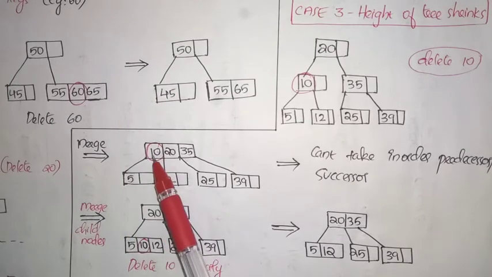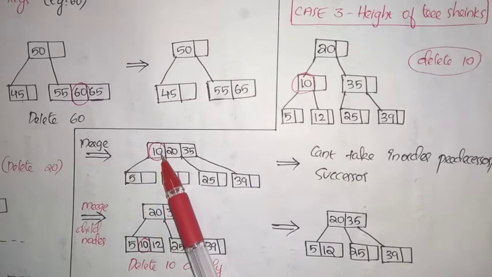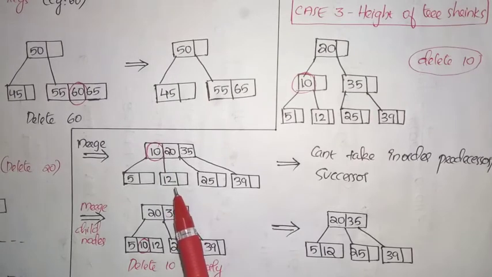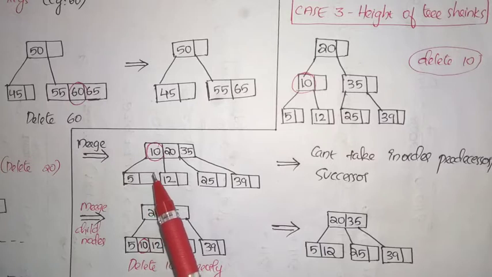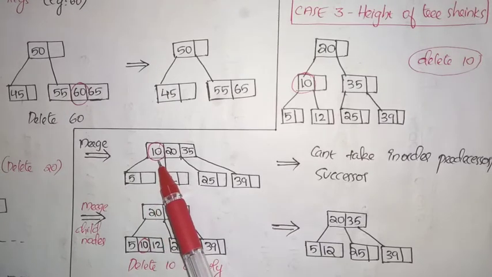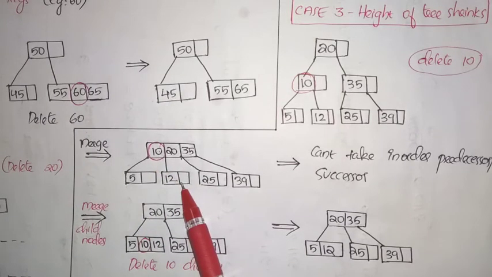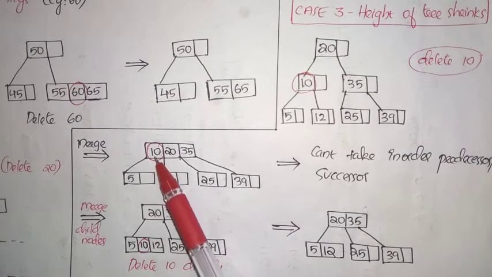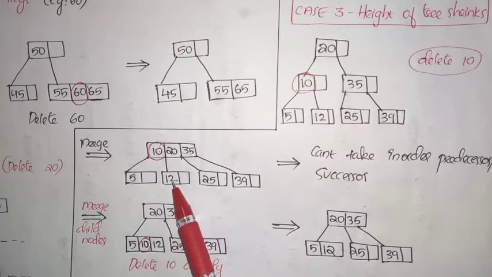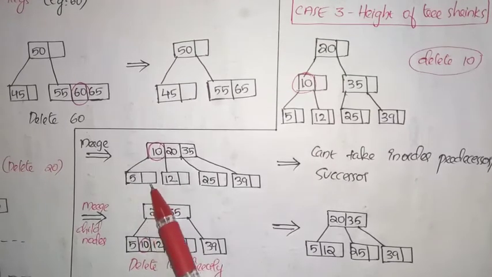Now if we have to delete a specific node like this, we can consider deletion of a key from an internal node, right? So what will we do if we have to delete a specific key in an internal node? Either we will take a key from an in-order predecessor or else we can replace that particular key with the in-order successor. If both of those two cases will not work, then we have to merge this node with its child node, right? So here can I take the in-order predecessor?